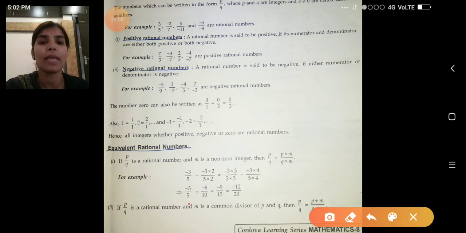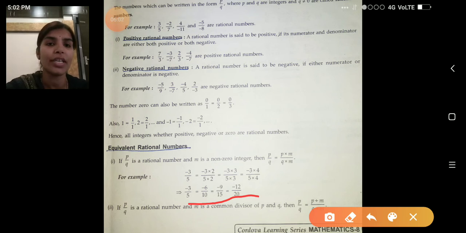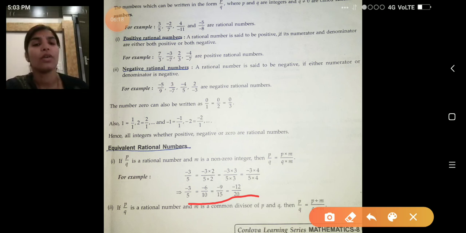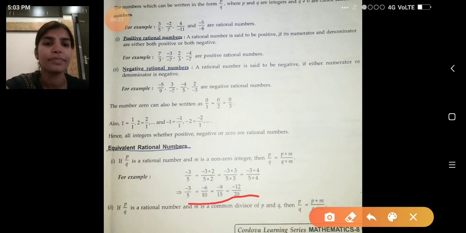You observe that there is a table of 3: minus 3, minus 6, minus 9, minus 12, and in the denominator 5, 10, 15, 20. That means when we write the equivalent fraction, you can just consider it as the multiples of the given numbers. But whichever multiple is of the numerator, it is the same multiple of the denominator. Understand? Okay, then we go to the next topic.